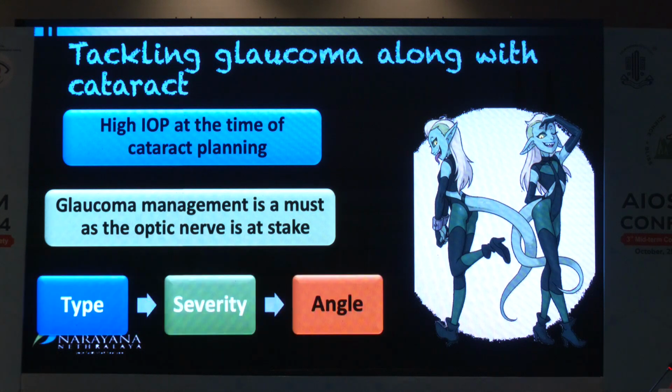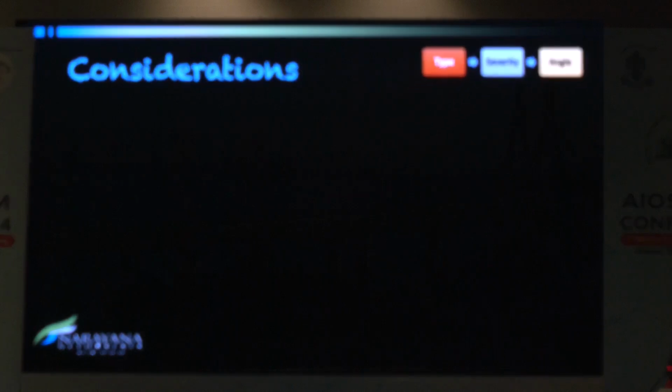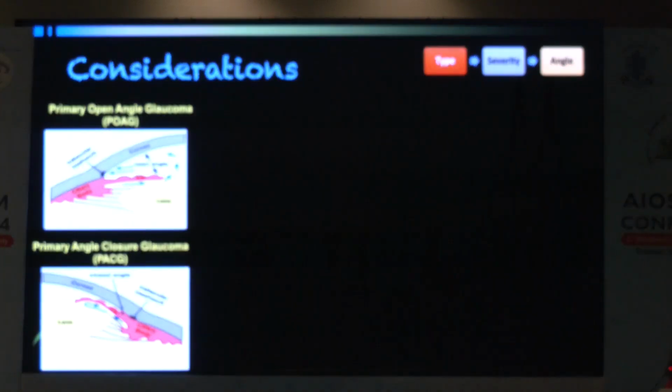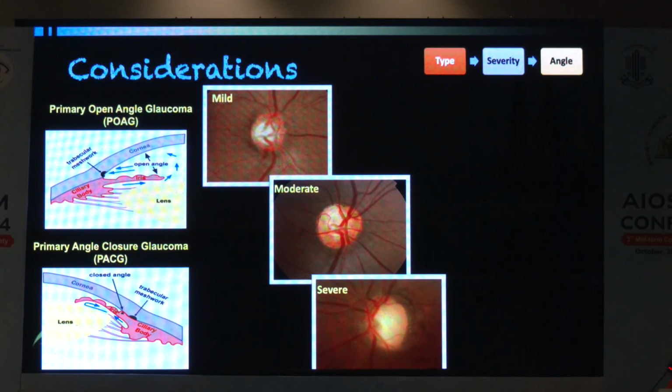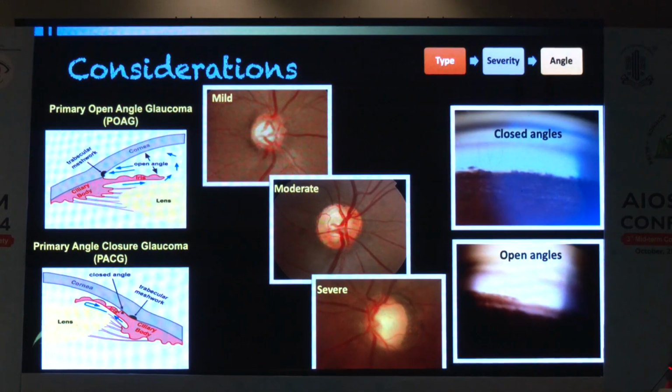Okay, so it depends on the type of glaucoma, severity of glaucoma, and the angle. So these are the three things we need to keep in mind. Now let us look at what the considerations are. We have to see whether we are dealing with an open angle glaucoma or an angle closure glaucoma, whether the stage is mild, moderate or severe, and we definitely need to look at the angles ourselves, whether it is open